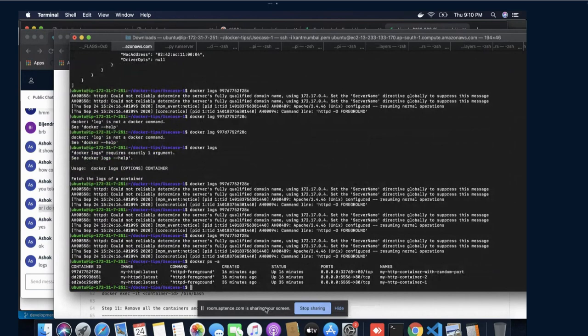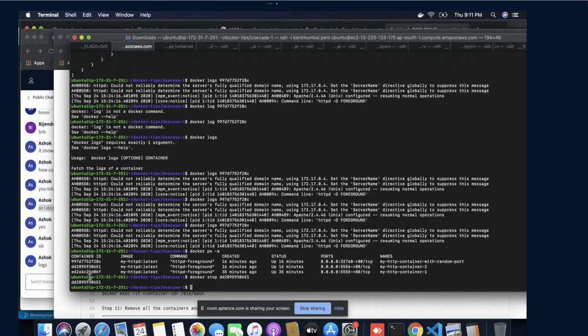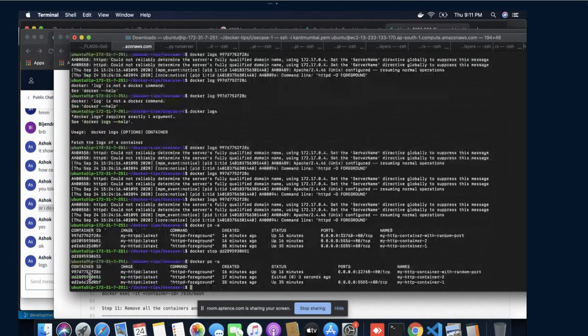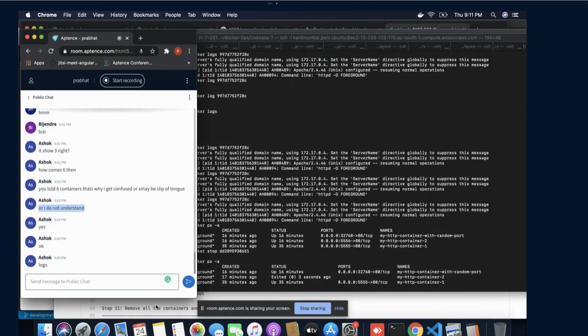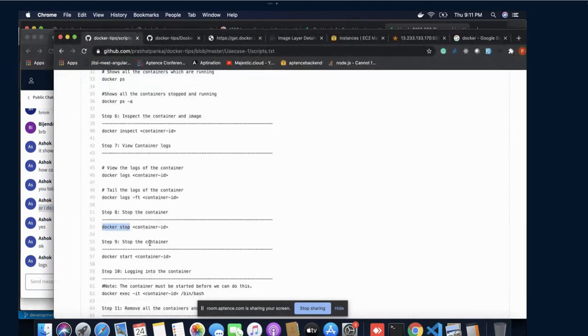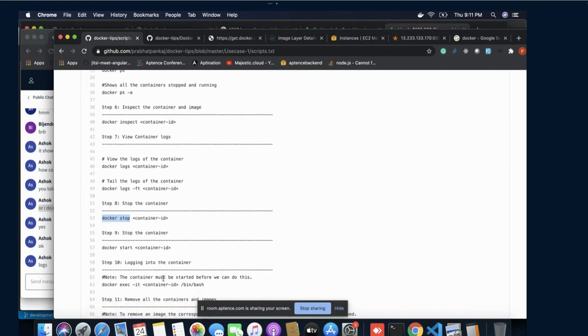Now if I need to stop any one of them, let's say this one. Okay guys, so this is the stop command. After that, if you want to restart again, simply use docker start and the container ID.